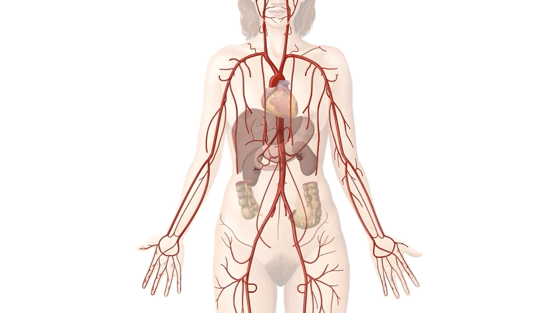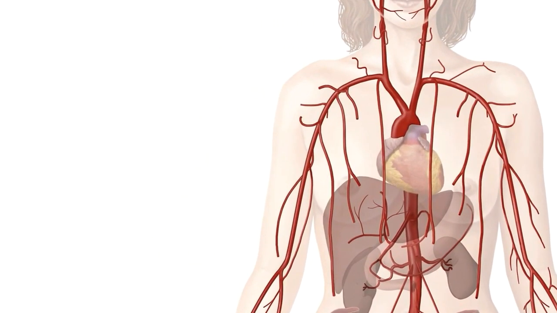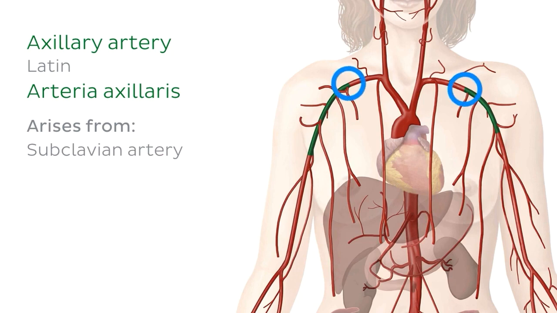So as you can see in this image, we're going to start at the thorax and we're going to work our way down the arm. And the first artery that we're going to come into contact with is the axillary artery. And the axillary artery arises as a continuation of the subclavian artery, and along its course, the axillary artery also